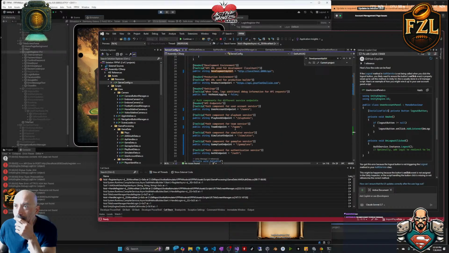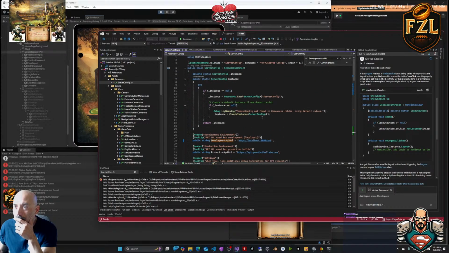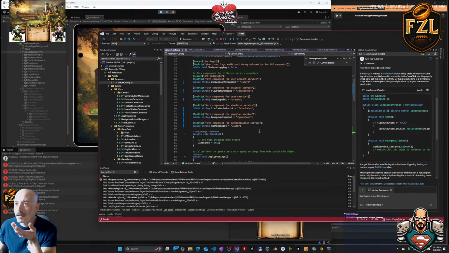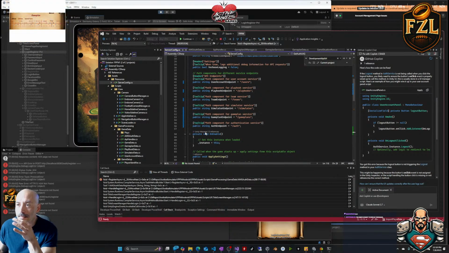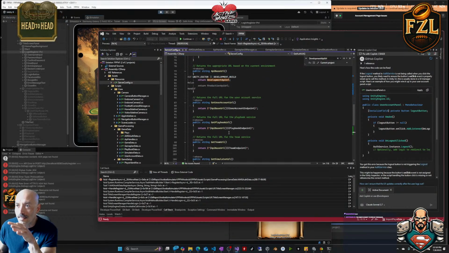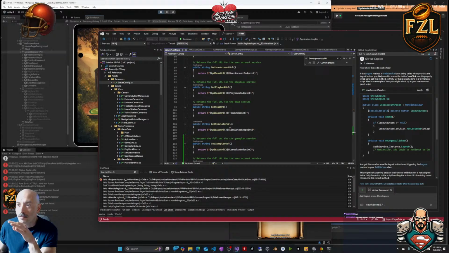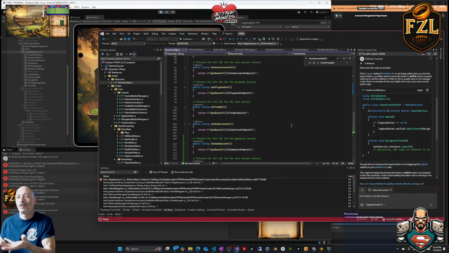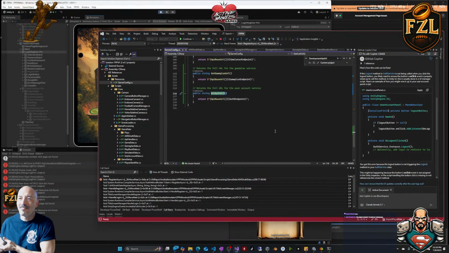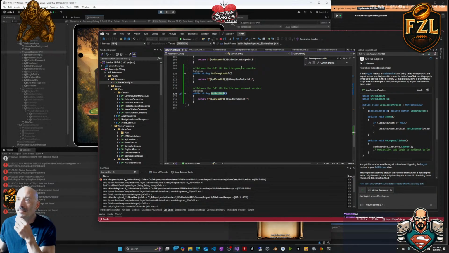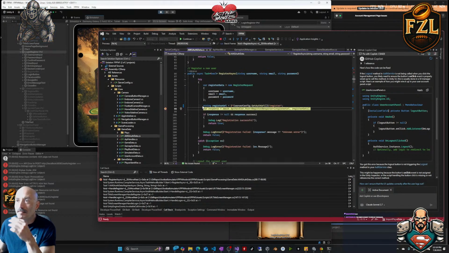The only problem is with this kind of setup, I can't validate stuff in the step through. So when I step through my code, notice how it says public string auth endpoint equals. There's no stepping through that's going to let me see this stuff because it immediately returns the value to the previous thing. Like here, all these returns, it says do this, return this. Well, there's no way for me to read what the function returns until it gets to the next stage. So at every stage, it's reading it, returning it, and I don't ever get to see it until it gets back to here, which now it's assigned to a string,